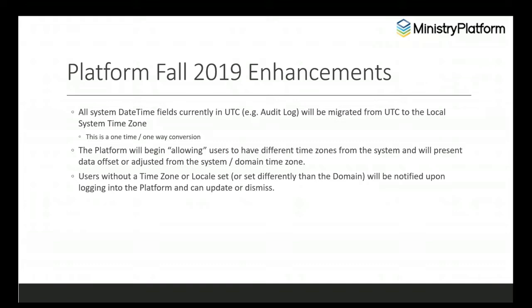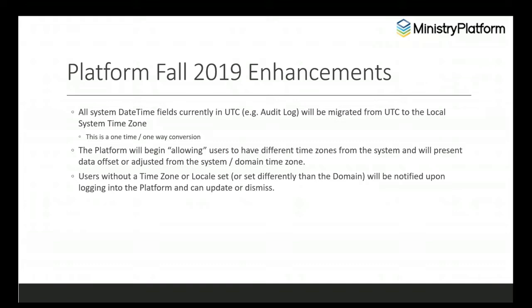The platform will immediately begin calculating the offset between whatever the system or domain time zone is and the time zone of a user. If the user has a null time zone, it's going to fall back on the domain. If the user has the same time zone as the domain, then there won't be any offsetting happening. If it's different, though, then the platform will be rendering the converted date times on the fly. User time zones can be set in a couple of different places: the DP user record, and also in the user administration panel within their user account panel within the platform.